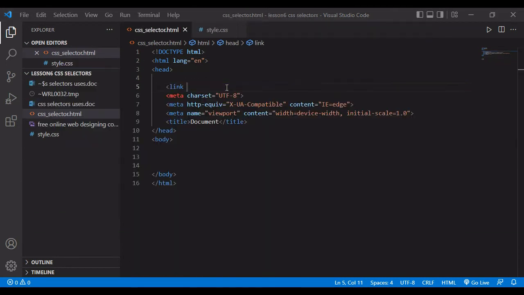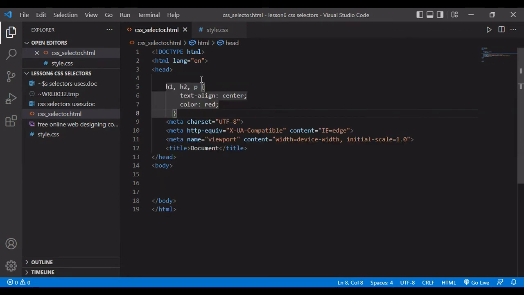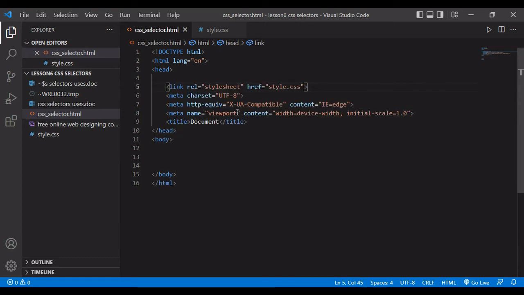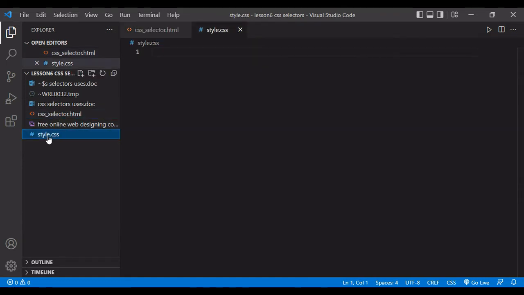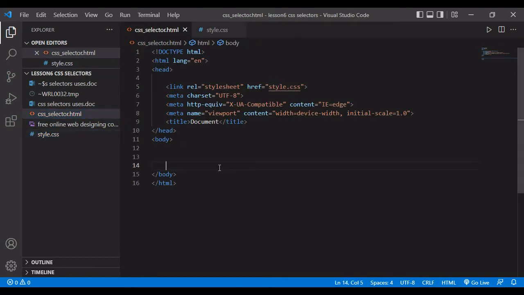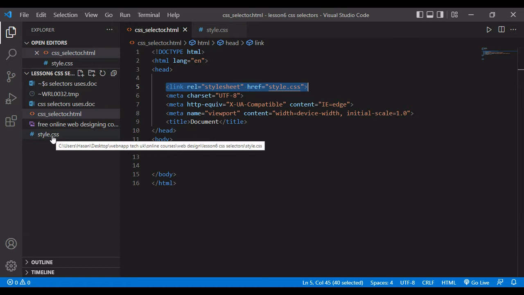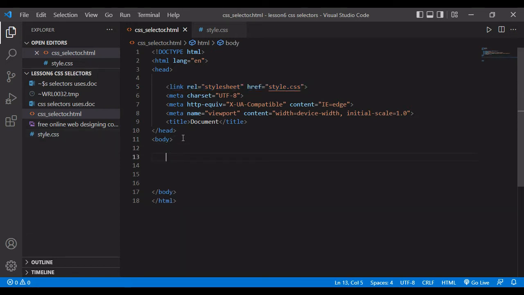So just copy this and paste it here. That's it. Now, what does it mean? This is the style sheet page which I just created here. So this home page has been linked through this code. This is a unique code, and this is the way that developers have created to link a page with any website page where you want to implement your style. So now I'm going to create some HTML elements